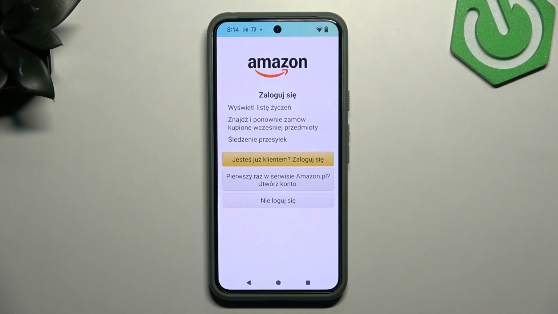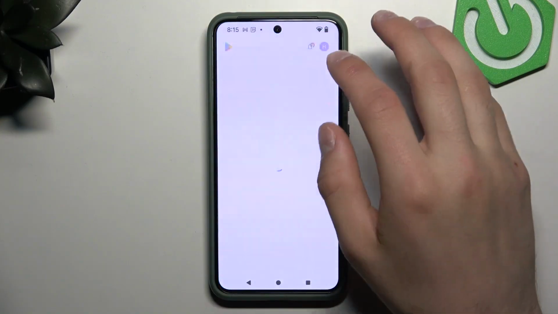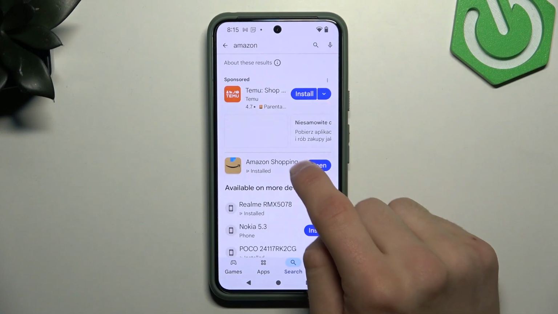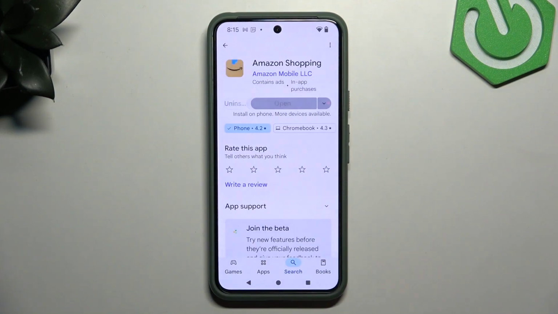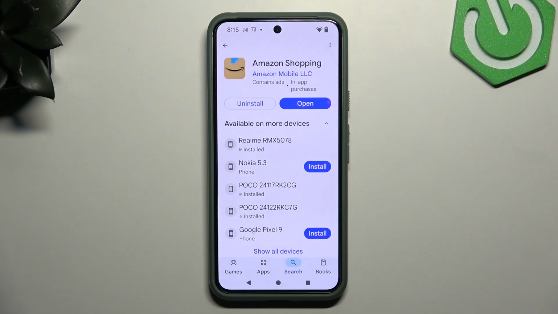and it didn't help you, the third option is to reinstall the app. So let's go to the Play Market. Amazon, uninstall, and install it again. Okay, you reinstalled the app, logged in,